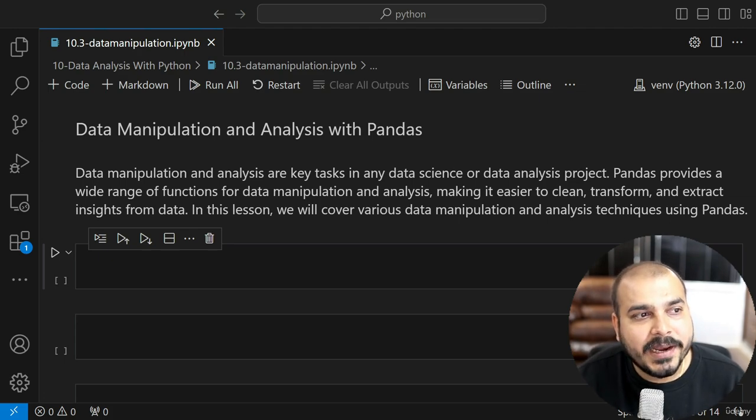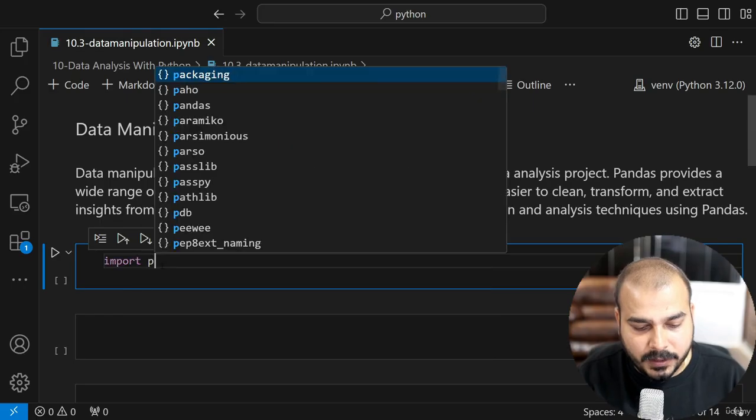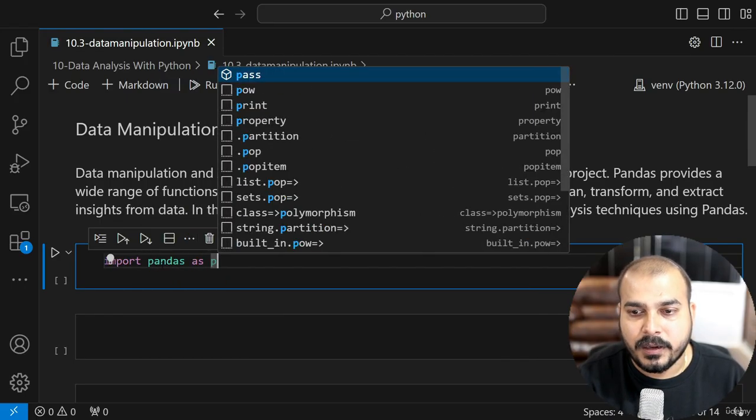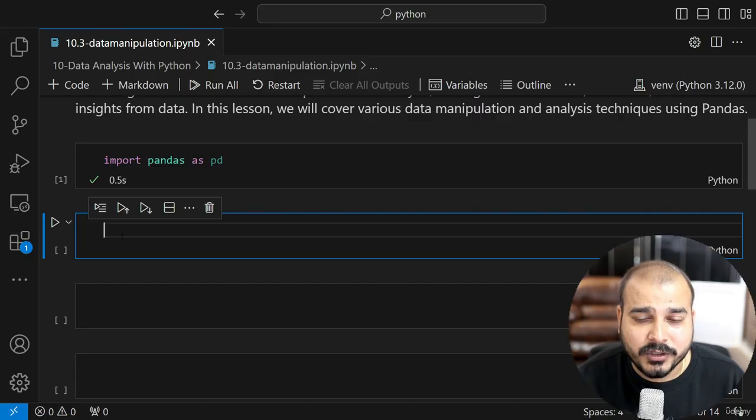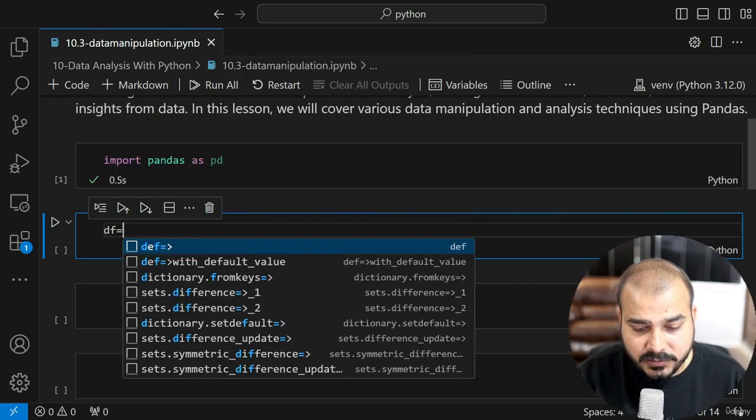So let's quickly go ahead, and first of all, as usual, we have to import pandas. So I will write import pandas as pd. And this is the library that we are going to specifically use. Then I'll go ahead and write